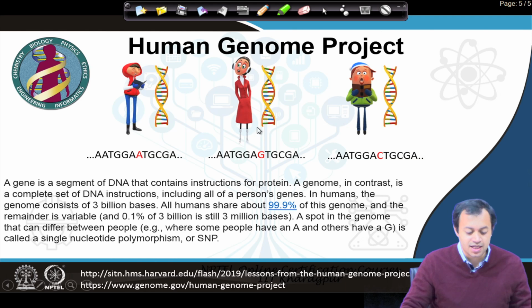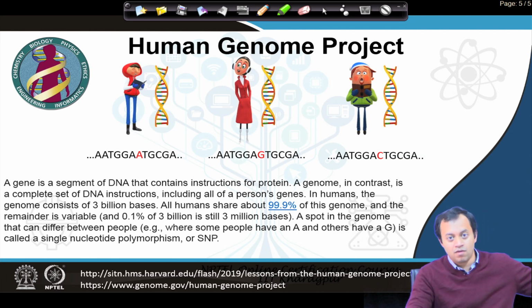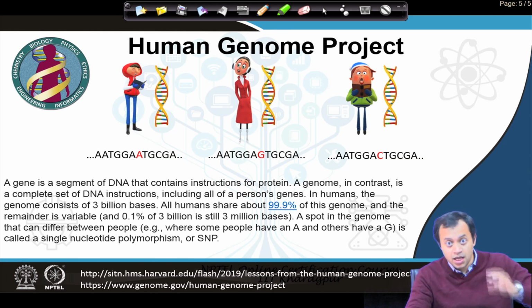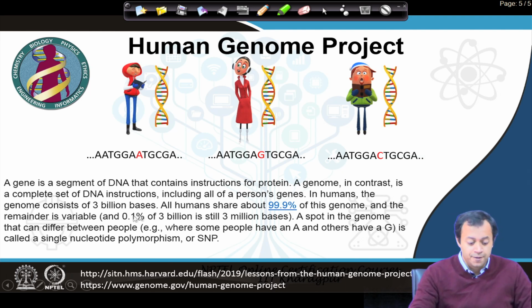Okay? And they started collecting information and put it in some kind of a memory device, memory chip, to decode, to understand what all this information actually means. And that is where we biophotonics people come in. We do not care much about how DNA is converting into RNA. We are interested in the final product, that is the information that is present in DNA, information that is coming out of the protein. So, remember, all humans share about 99.9% of this genome.